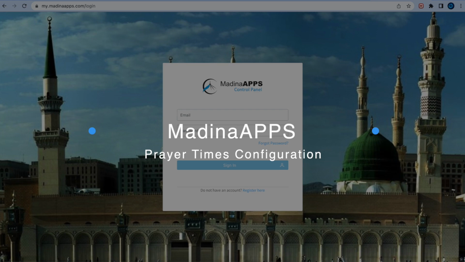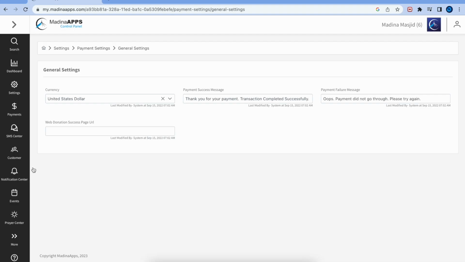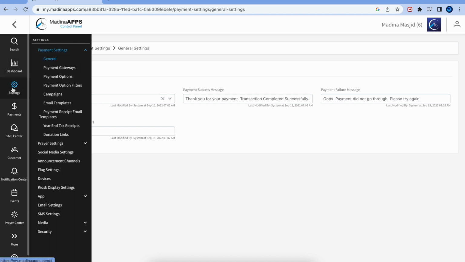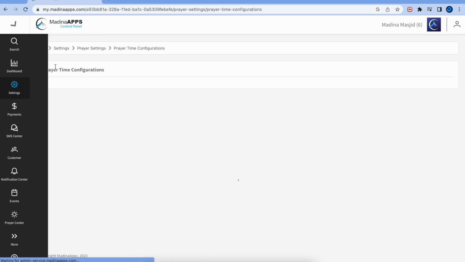To begin, we're going to log into the control panel window. We're going to need to open this, and now we have the full control panel loaded up. To begin with, what we want to do is set up how to configure the prayer times. For this, we have to click on settings, click on the prayer settings drop down, and then hit prayer time